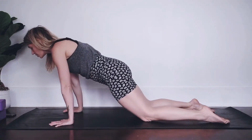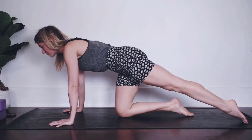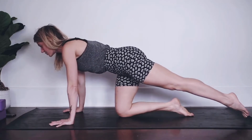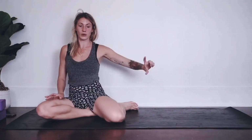So you want to find as much length through the top of your ankle as you can when you flip, and engagement from inside to outside. That spreading of the toes thing can be really effective for that. When your feet aren't engaging in lengthening both sides of your leg, you're probably not finding the integrity of your hip muscles to support the lower back space. So I would just keep an eye on that and make sure you're working towards integrity there. It takes time. It's a movement pattern that might feel really good in some ways, but over time it can